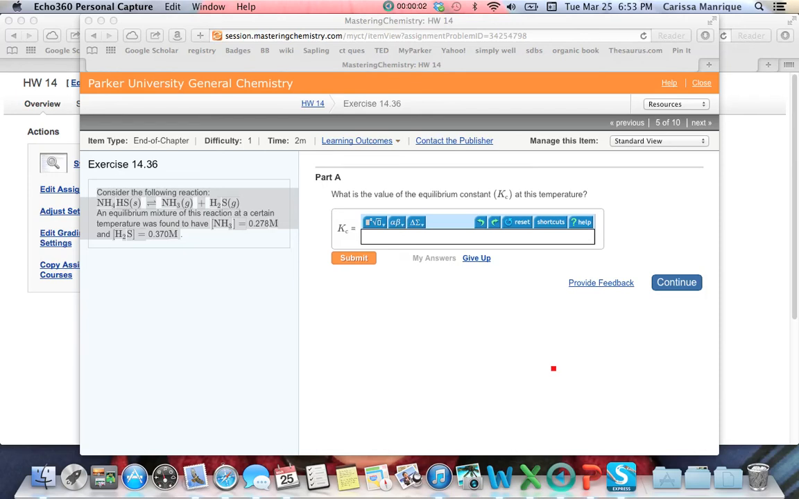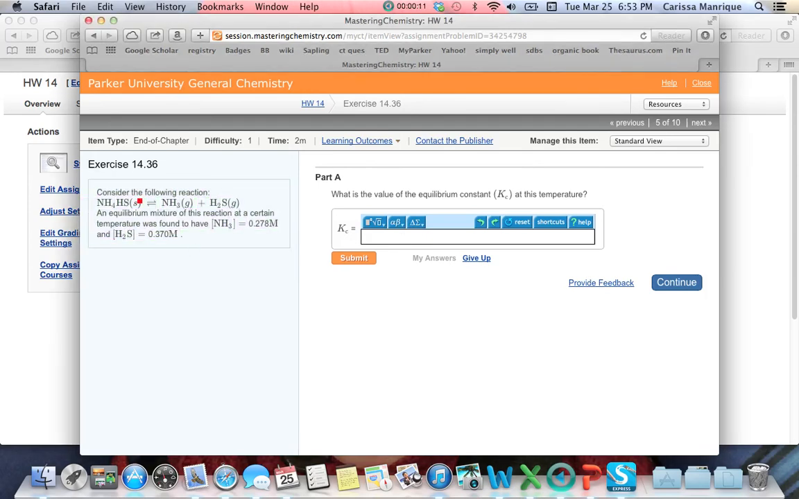This one here is actually easier than what it seems. The biggest thing to get this question right is knowing the following. It says, consider the following reaction,